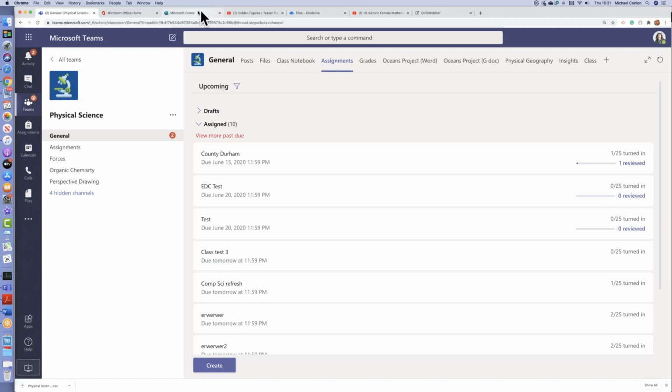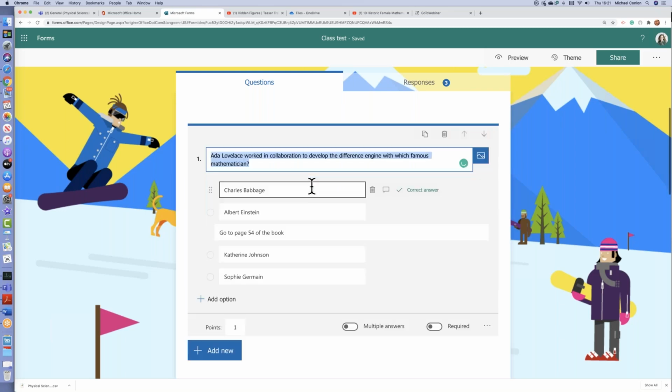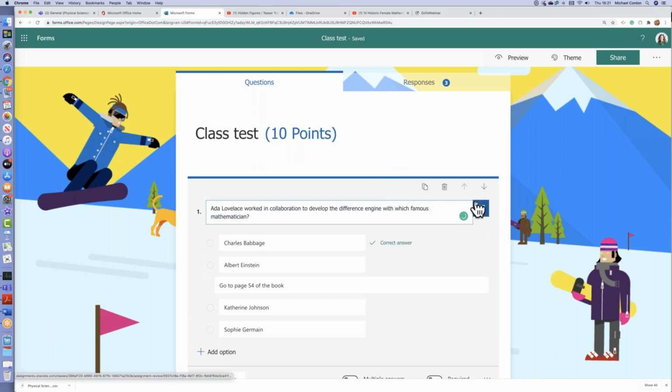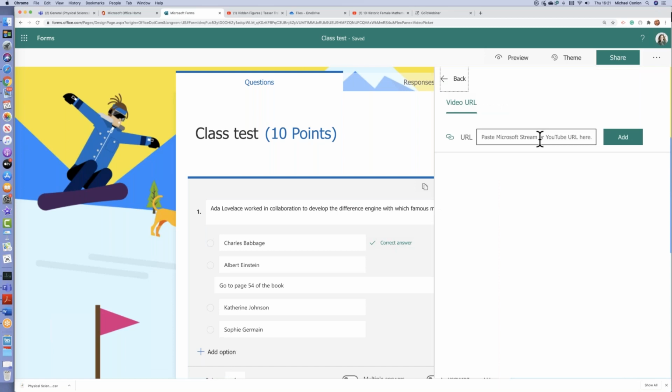One last thing about Microsoft Forms, I'll just sneak it in here. One of the things I really like about it is that in my quiz, I can add pictures to it, but I can also add video to this. I can add video into my quiz.